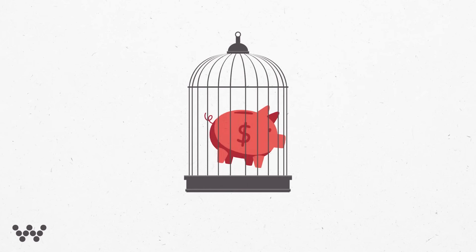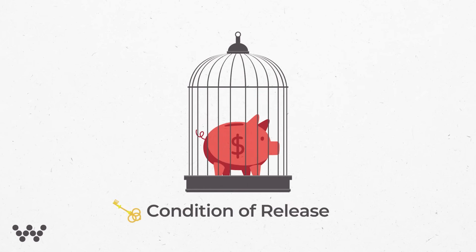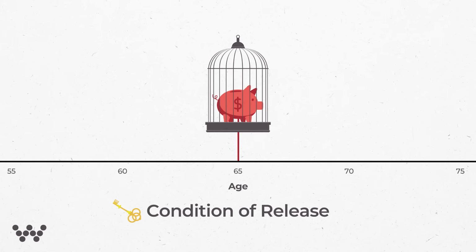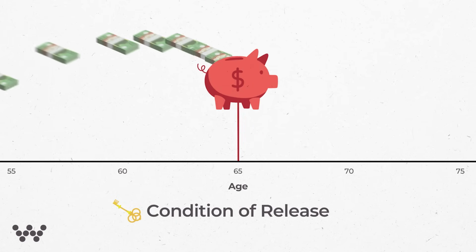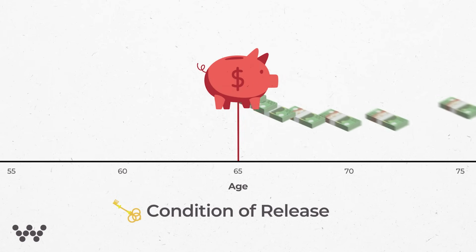So the first question we have to ask and answer is, when can you start an account-based pension? As we know, superannuation is preserved. That means you need to meet a condition of release before you can access your superannuation balance. The most commonly met condition of release is turning 65 years of age. And while Australia doesn't have a retirement age, 65 is as close as you would consider to be a retirement